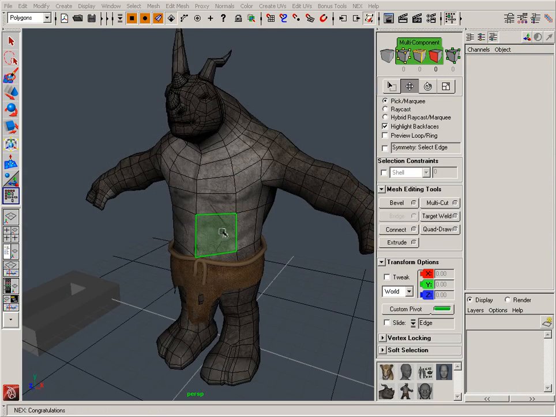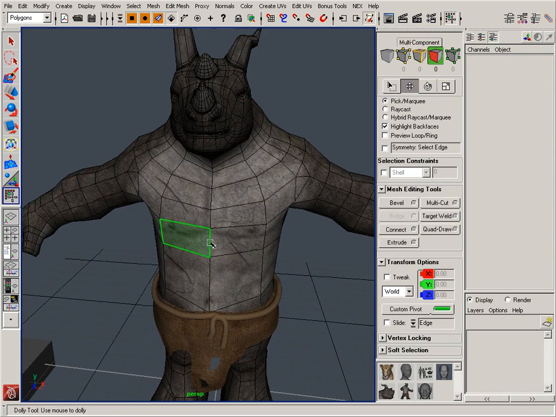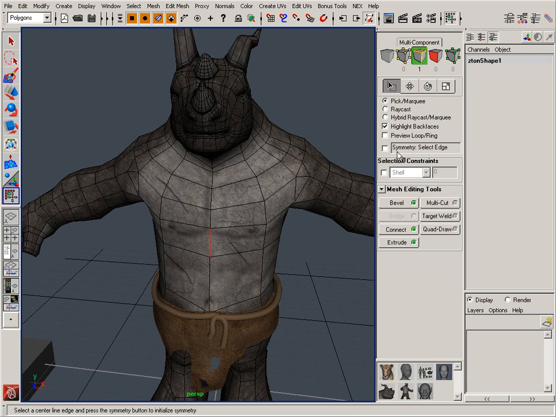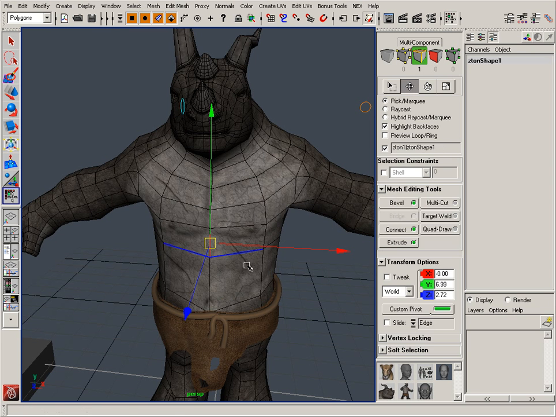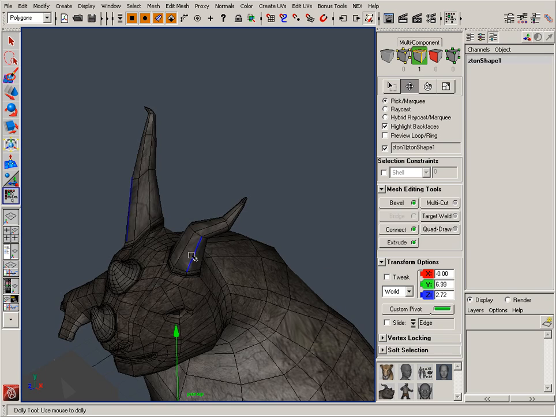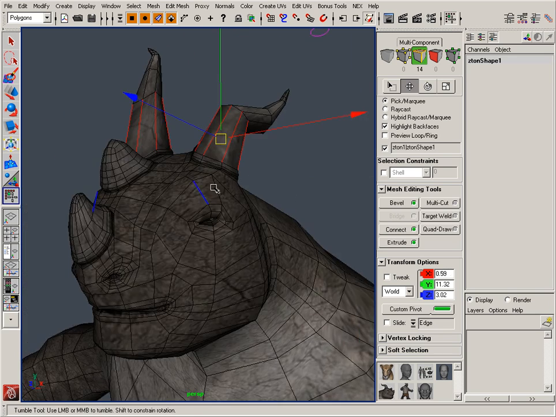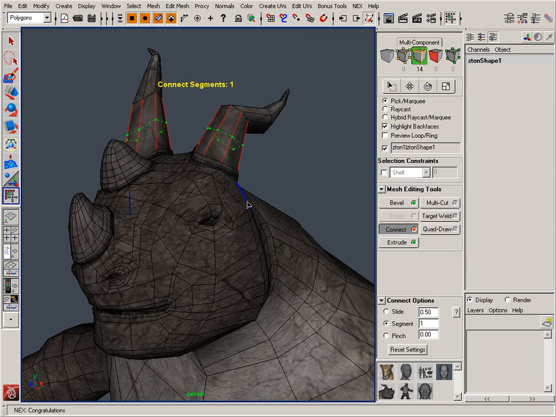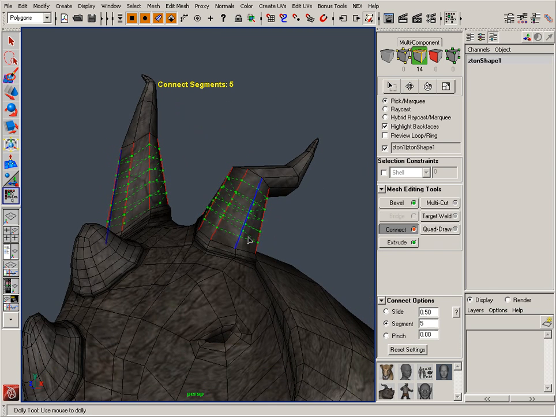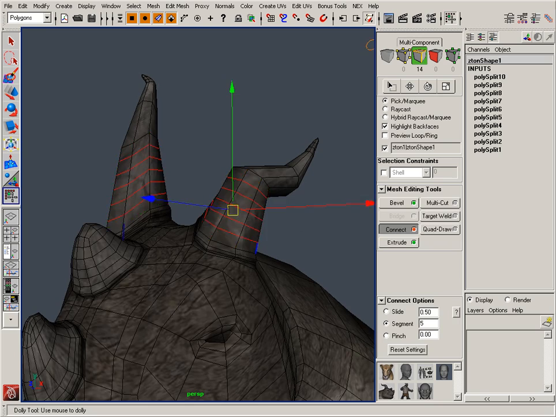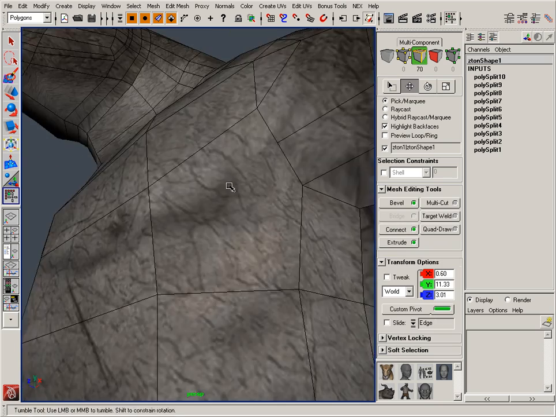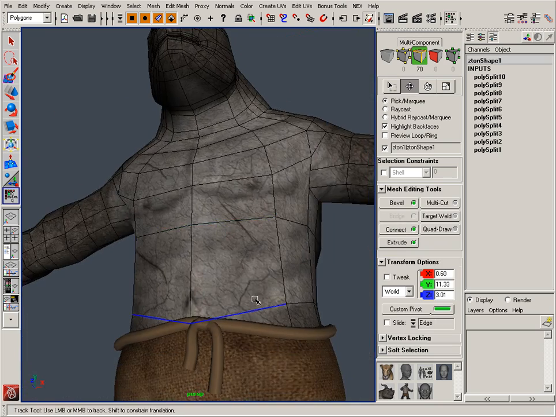You'll also notice that you can use Connect with symmetry. So for instance, if I select an edge here and just enable symmetry, I can go even on areas that are not symmetrical. So here I'm just going to select that ring and enable Connect, and you can see that I can just adjust the attributes here and make that connection. So for instance, I can do that again on his torso